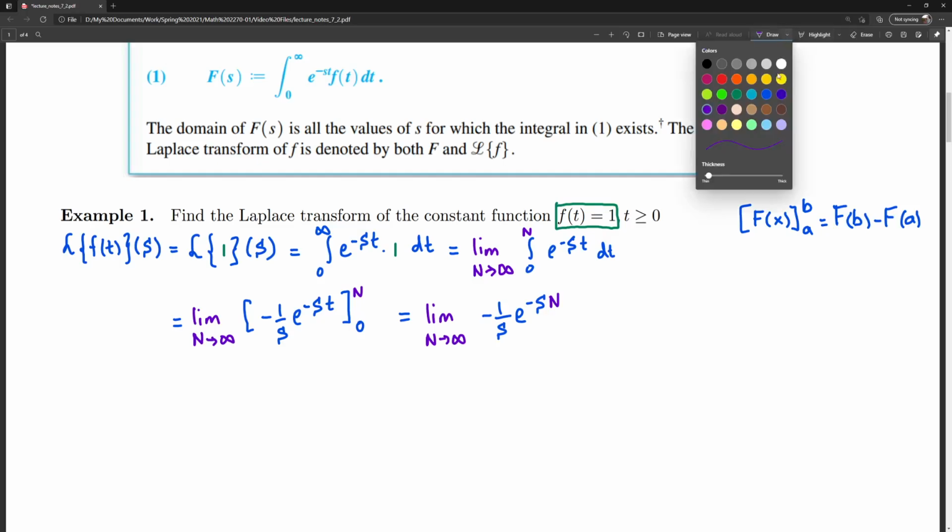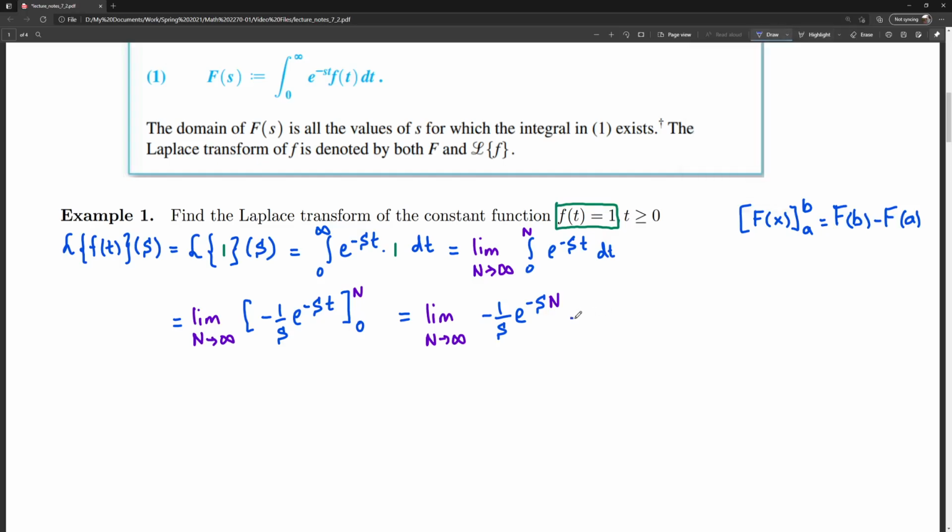And then I'm subtracting from that the expression that I get when I plug in 0. So that's minus negative 1 over s e to the power negative s